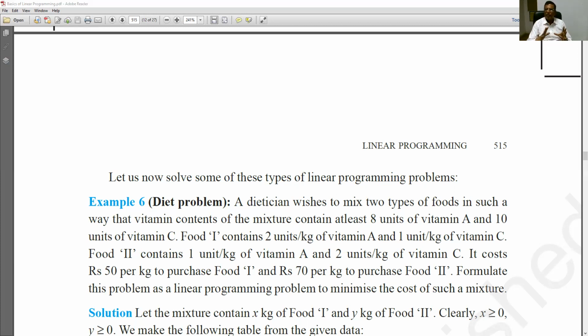Here, firstly, I have already told you that in some numericals of linear programming problem, you have to formulate the problem first, in the form of z equal to, or in the form of equations, by taking some constants. Then after that, your target is to get the solution of that numerical problem. So I suggest that you first see this numerical, take a screenshot of this, and in the next class I shall be solving this numerical problem for you.